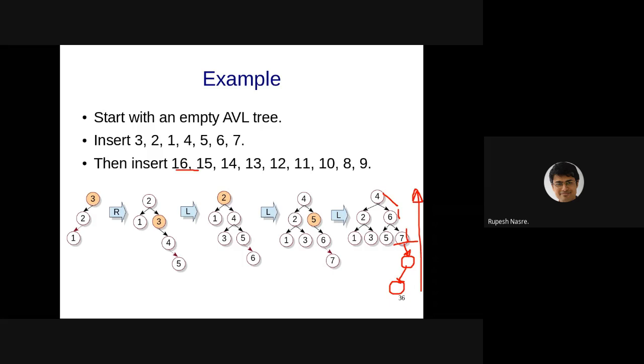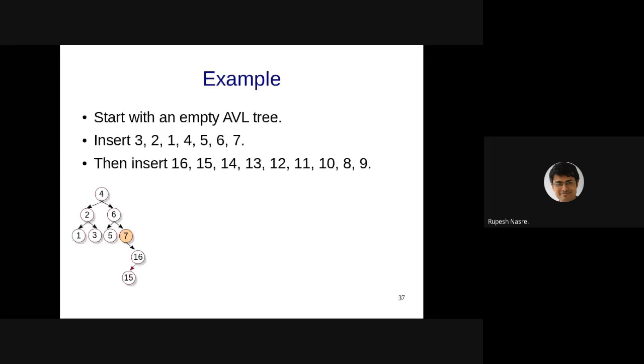Okay, sure. So now let's try to fix that. We add 16 and then we add 15. One way to solve this issue is that we can do a left rotation at this stage, where 16 becomes the root, and then we get the modified tree. So this is definitely height balanced. Any suggestions on this one? All good so far?